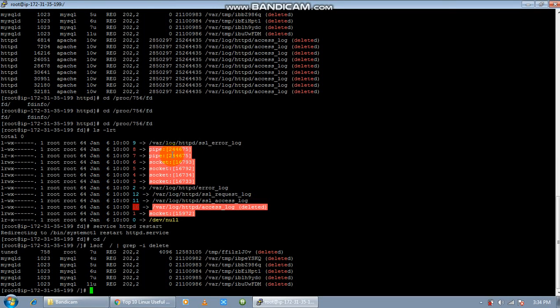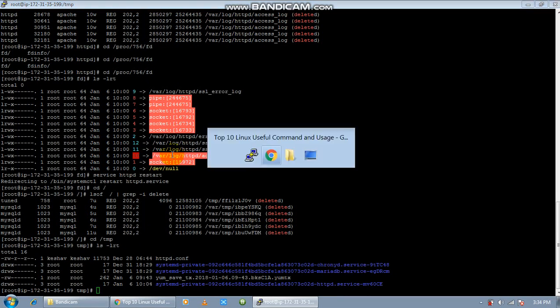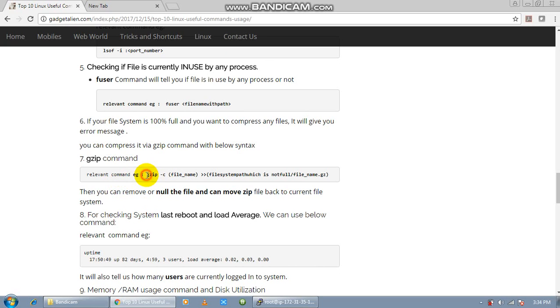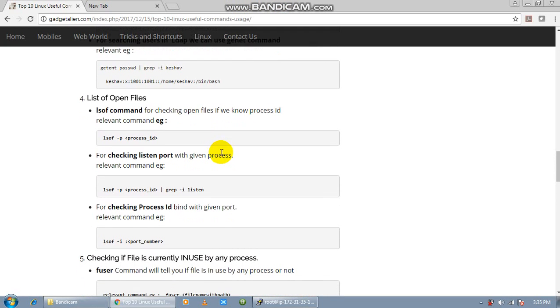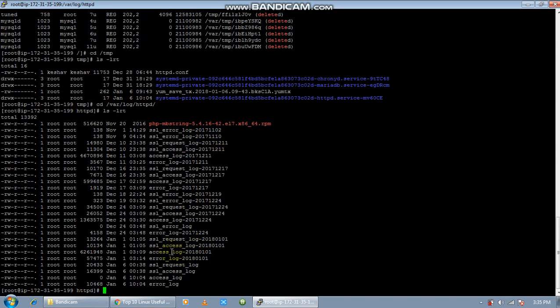Sometimes our file system gets full, and at that moment when we are zipping any file, it gives us an error. So at that time we can use the -c option. That is pretty good for this usage. Like I will go into that HTTP folder, that access.log file, and we can use it like that, -c. C is for the console, and it will redirect the output into some other file system. Like I use temp. I will redirect the output into the temp folder,